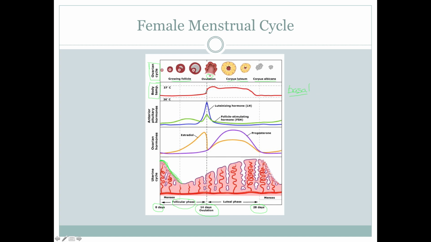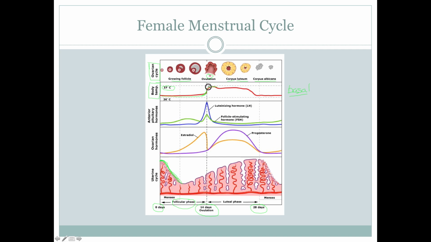If you put a thermometer in the mouth of yourself or a patient before you get out of bed and you've not generated any metabolic energy, that would be your normal body temperature, your basal body temperature. And 37 degrees Celsius is usually what we consider normal. It's like your 98.6 in Fahrenheit. So what this is illustrating is that during this follicular phase, before ovulation, the basal body temperature is lower. And then right before ovulation, it's called peri-ovulation or pre-ovulation, the body temperature starts to go up.